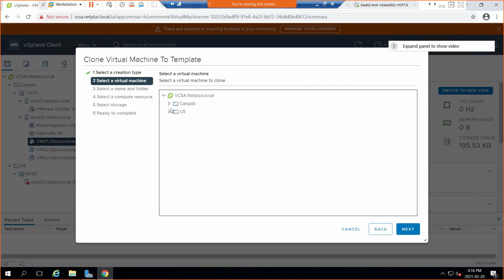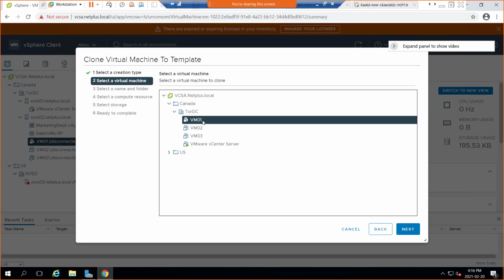So here I'm going to go for expanding, and I think none of my machines actually has an operating system, but I'll go for VM01 here, pretending it was properly installed, properly created as a template machine, and then it was shut down with sysprep, right? So after you shut down with sysprep, when I say shut down with sysprep,